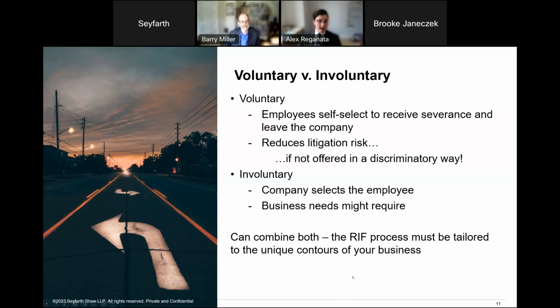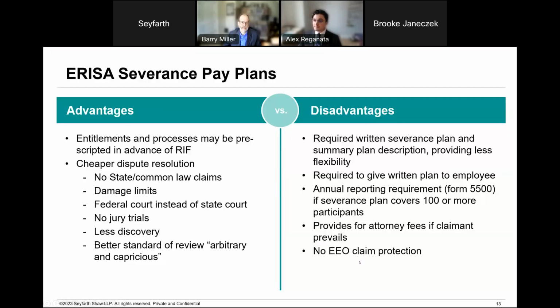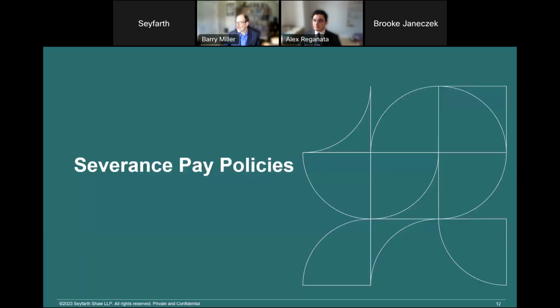And with that, I think we can go ahead and hand it back over to you, Barry, to go over severance pay. Yeah, this is one of a few things that I'm going to talk about that are a little bit more in the nitty-gritty, and we can back up one slide, Brooke, because we're getting a little ahead of ourselves. Alex has given us a very high level, essentially describing what a RIF is. So we're going to shift gears a little bit into the how-to and things that you may want to be thinking about to mitigate risk that otherwise might arise from a mass termination event.